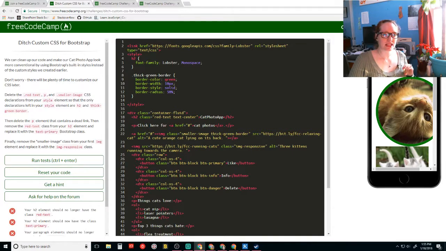Alright, take the red text class from my H2 element, which I don't have here actually. Wait, yes, I do. Red text. I need to change it to text primary. But not. We'll leave it at text center.